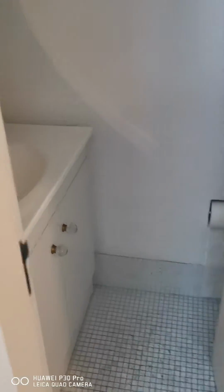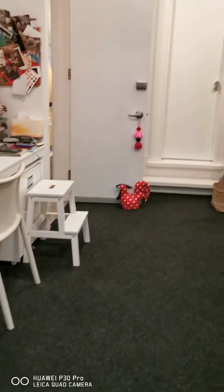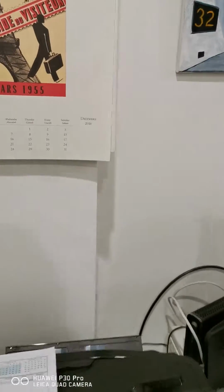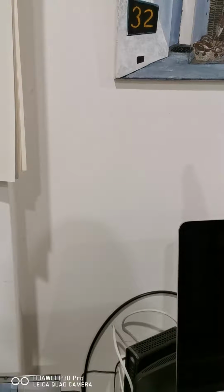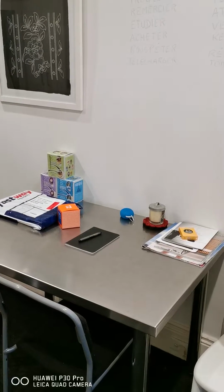Now, if you look on the left, there's a small toilet, which is what it is. Again, we're not sure how many toilets we're going to need in terms of health and safety, so that might still have to stay, which would be all right. Then the idea is you come through these double doors here, and we'd have probably a curved wall. If you imagine going around here in a curve, we'd have a door here, which would take you into the corridor. The reason being, we want to have this space here as our really high-end, cool VR experience area